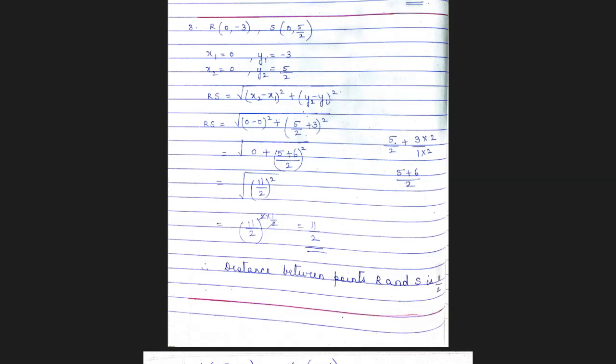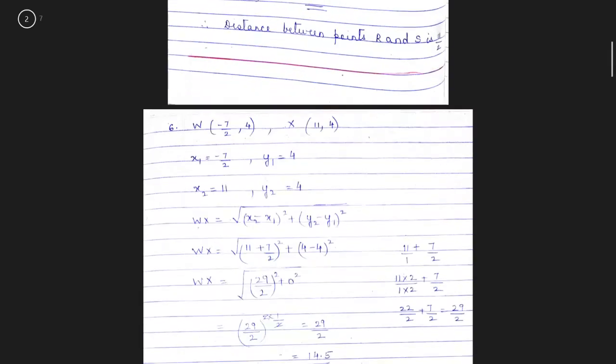Now since you're finding the square root of it, children, I hope you remember square root is actually nothing but the number raised to half. So 11 by 2 raised to 2, it is multiplied by half. 2 and 2 get cancelled and my answer is 11 upon 2. Okay. So that's question number 3. We go to question number 6. The other sums are easy for you to do. This, since it had fractions, I've solved it for you.